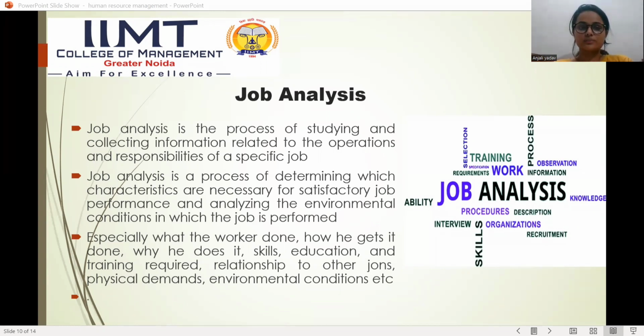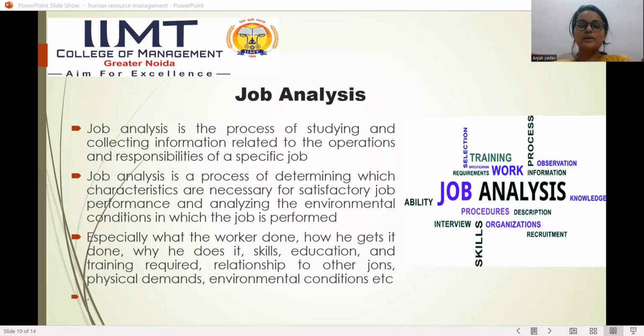human resource decision. It is used to design and execute a number of human resource activities and programs such as manpower planning, recruitment and selection, training and development, compensation, performance evaluation, employee safety, welfare, etc. So, in layman language, we can say that job analysis is the detailed information about a particular job and its characteristics, nature of the employer's requirement, and the working condition required for the performance of that particular job.